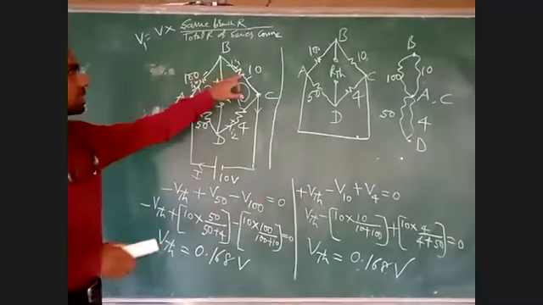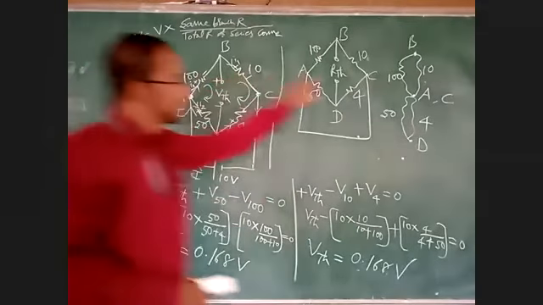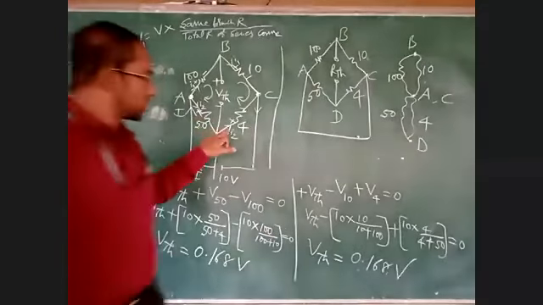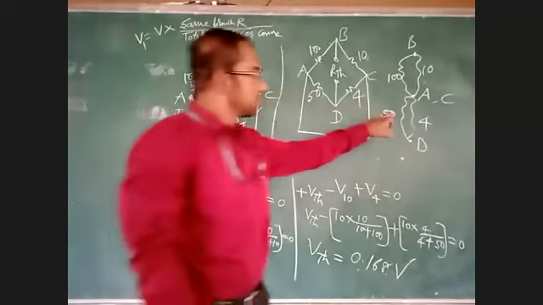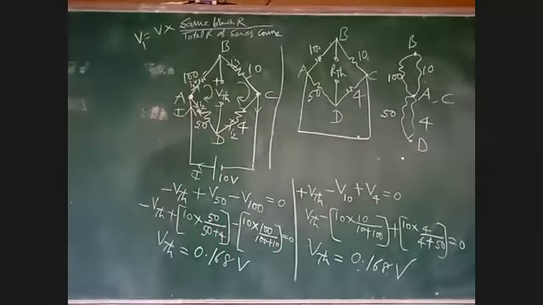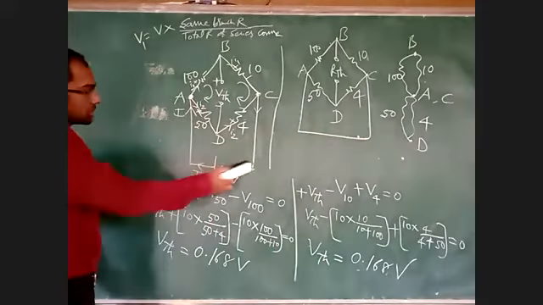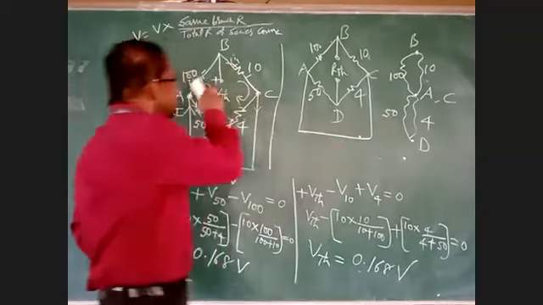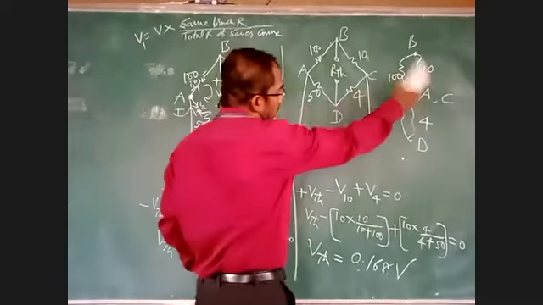Here 100 and 10 are in series, but here they are in parallel. Here 50 and 4 are in series while determining VTH, but they are in parallel while determining RTH. Why is it coming like this? Because we have short circuited the voltage source. If we short the voltage source, automatically whatever is in series will come in parallel while